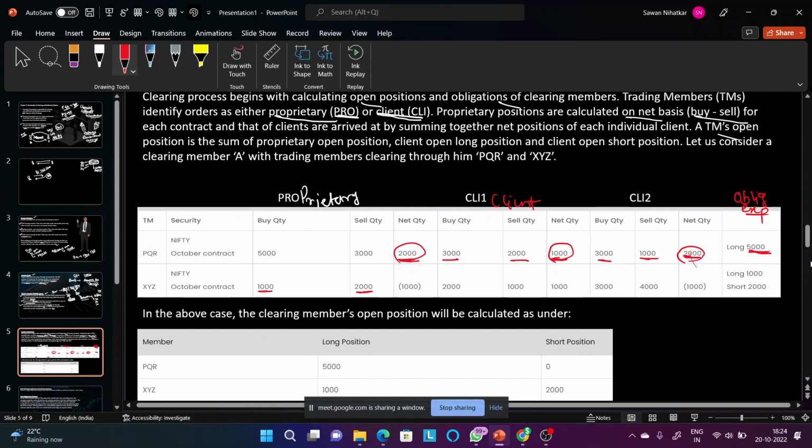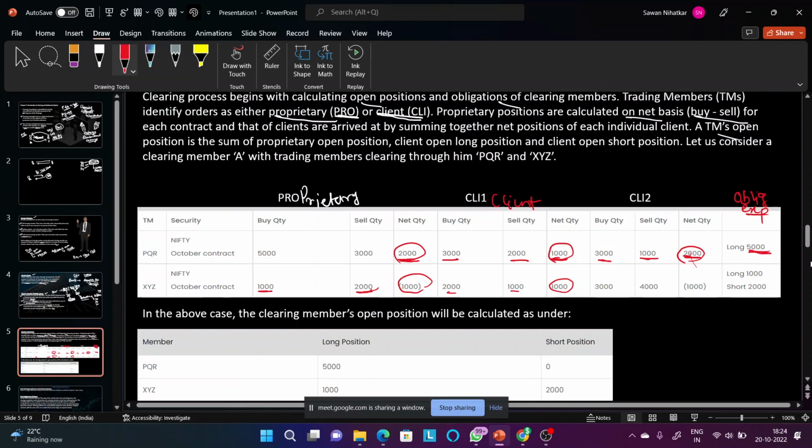So when we put something in a bracket, we are trying to say that you need to deduct this from the overall amount. So when we put a bracket, it means that it is a negative value. Just remember this. For client 1 he has a buy position of 2000, sell of 1000, so that becomes a net of 1000 over here. Here the net is minus 1000. So this will cancel out completely.